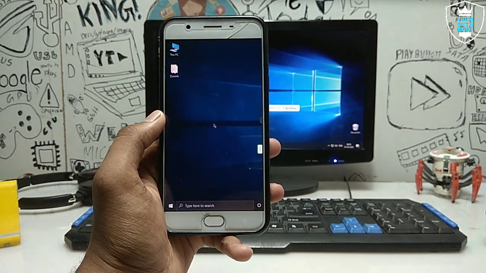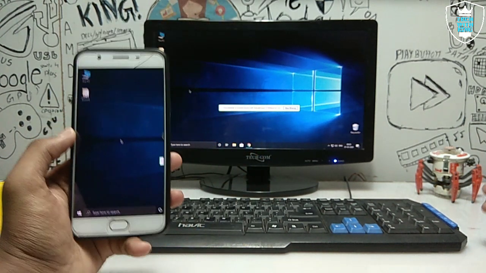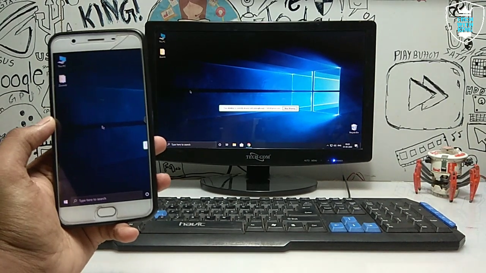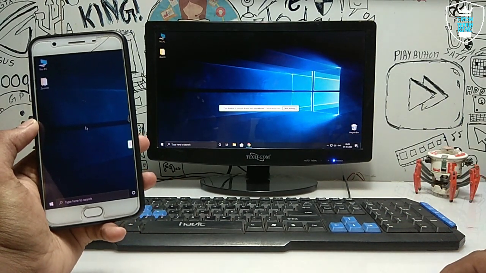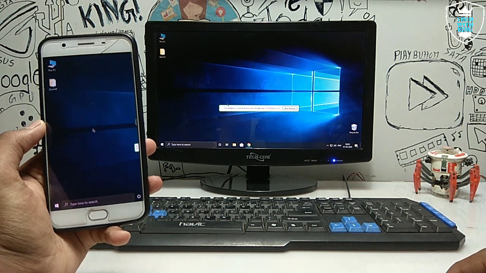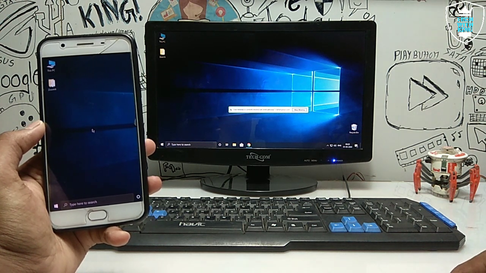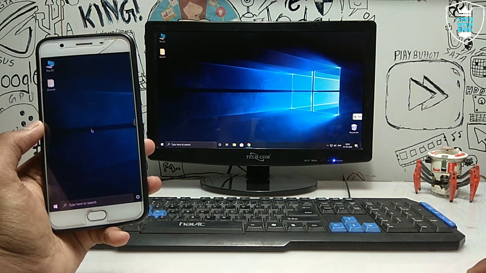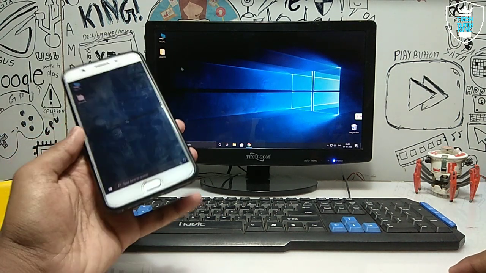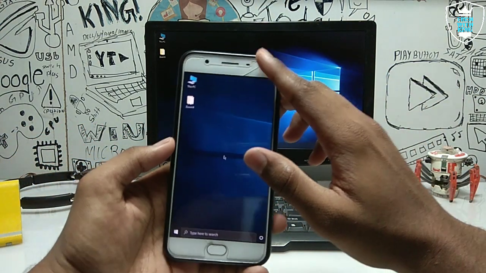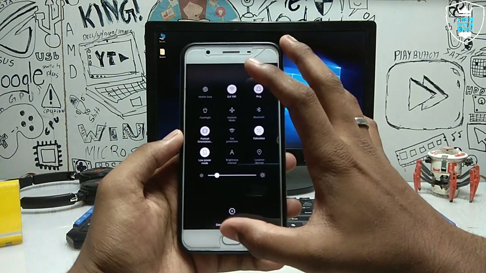So as you can see in the Android screen and the PC screen, the PC screen is showing that your desktop is currently sharing with the test. My Gmail is showing here, so let me just take it and put it on the side, and here Android. So let me just turn on the screen rotation.